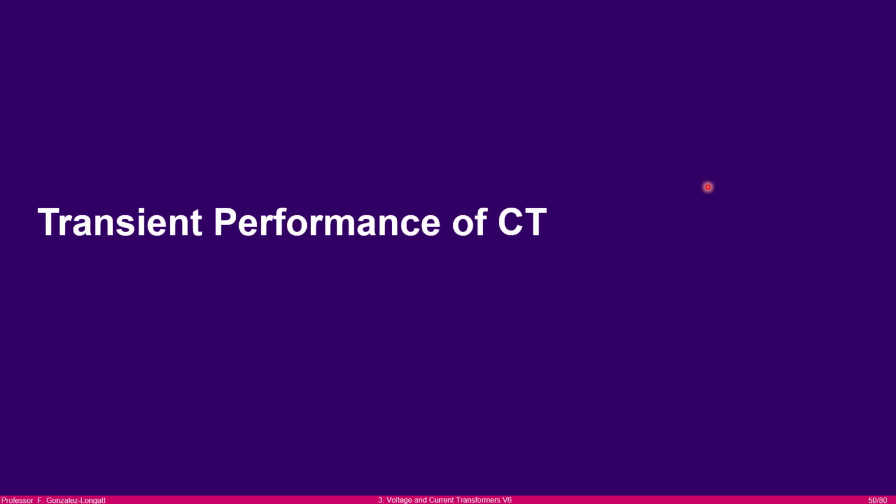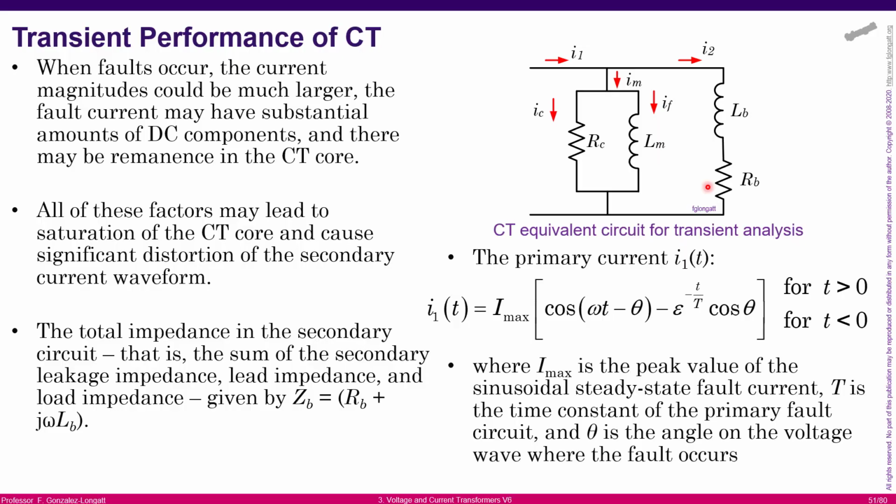This is the section for the transient performance of the CT, okay? Again, I must remind you that this class is an introductory level of CT and voltage transformer VT, okay? As a consequence, the transient performance, the dynamic performance here is not as deep as expected in other postgraduate levels, okay? But what is important to see is what are the basic characteristics defining the transient performance of a current